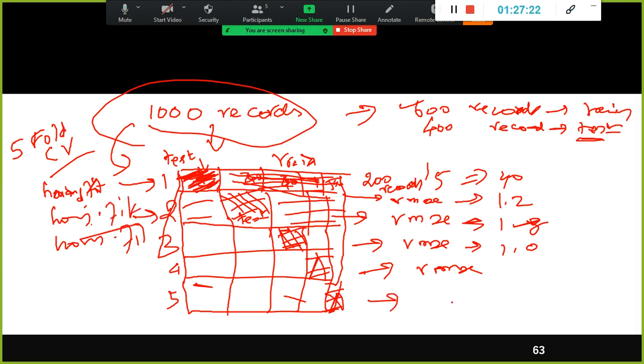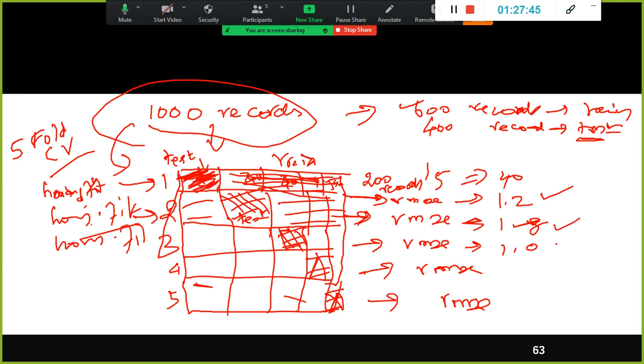This RMSE is on the training data, right? No, yeah, test data set. Okay, forget about that one. See, I told you, right? You need to find out the RMSE for both the training and test data set. Forget it now. So now you need to find out the RMSE for the test data set only. Okay, got it? Yeah, good that you asked this question so that others should not get confused.